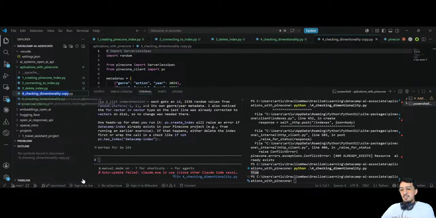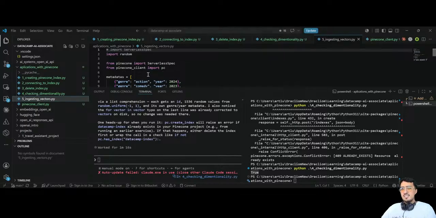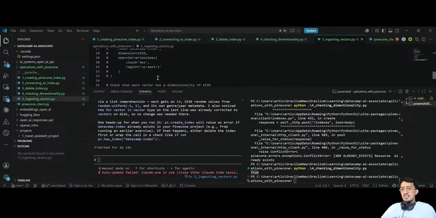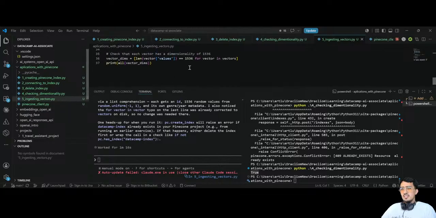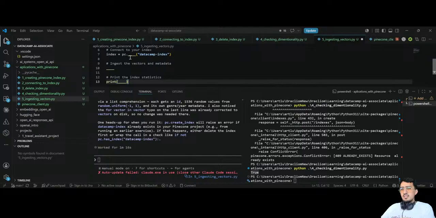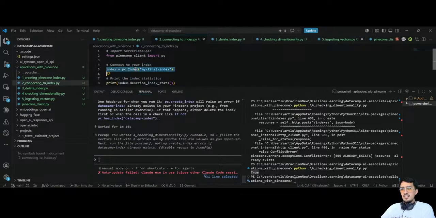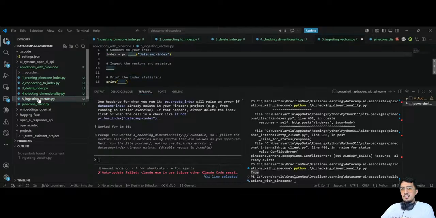This is gonna be called 5 ingesting vectors, and in here I'm going to copy this. I'm gonna get the index from here,